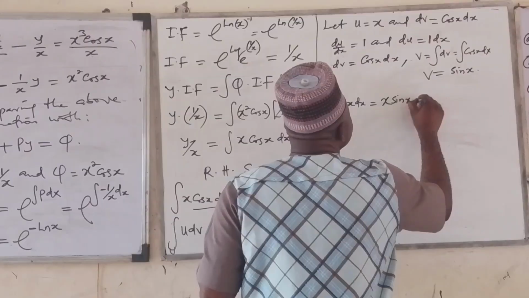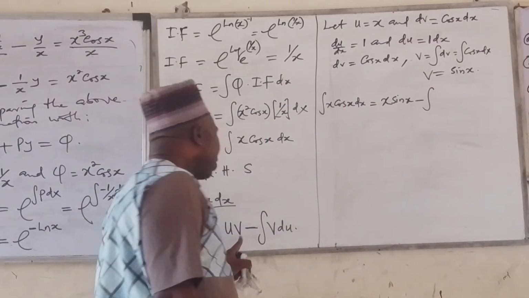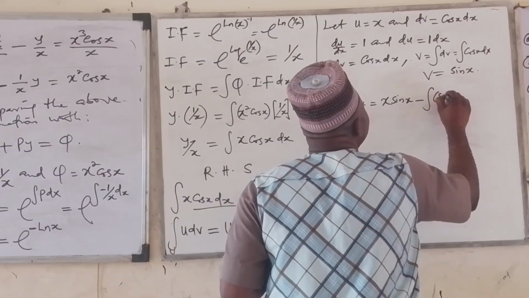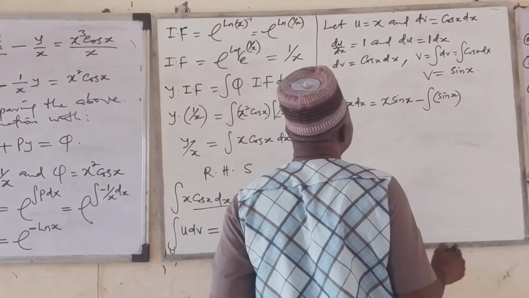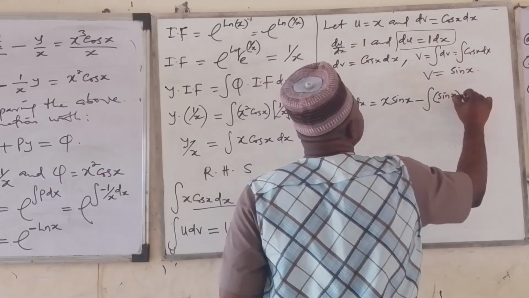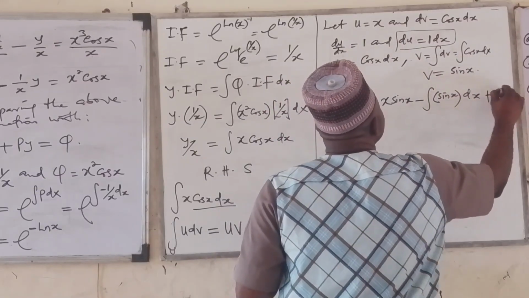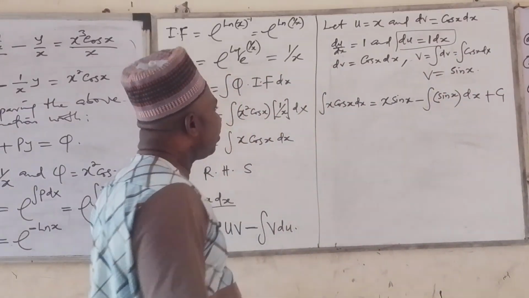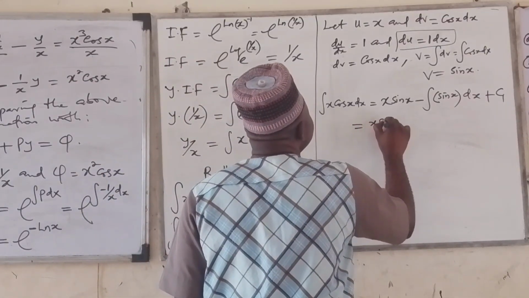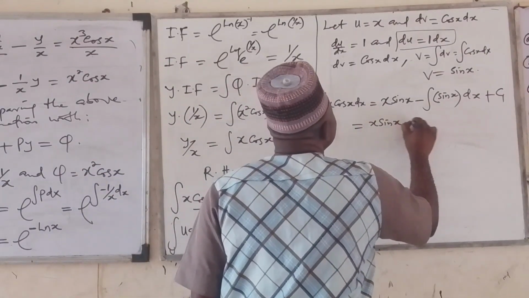So minus the integral of v du. Now v is sine x, so here we have sine x. Then the du. Now remember our du is 1 dx, so we can just call it dx. Then here we have plus c1. Yes, that's a partial constant. So it means the whole of this now will be equal to x sine x minus,